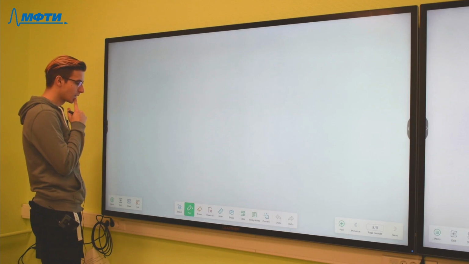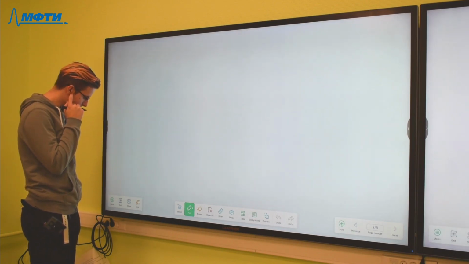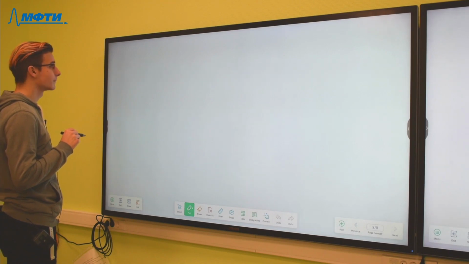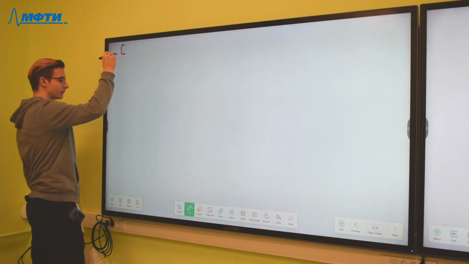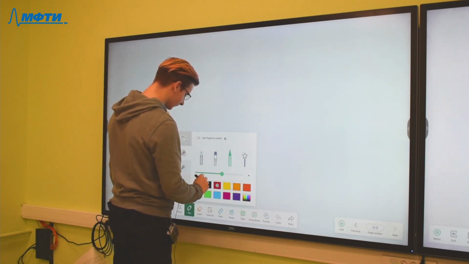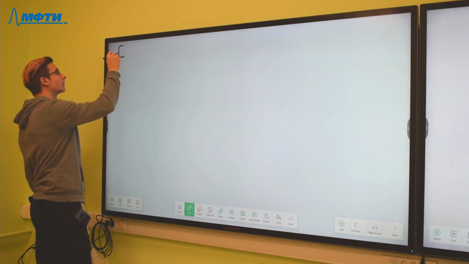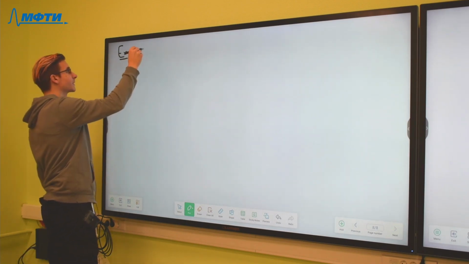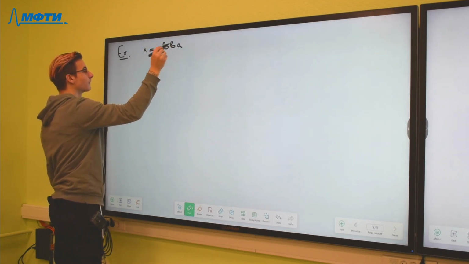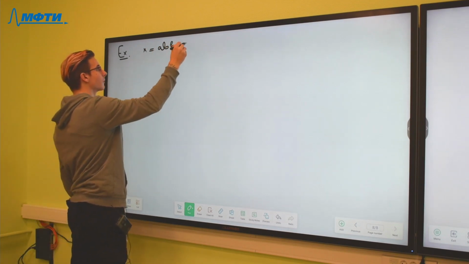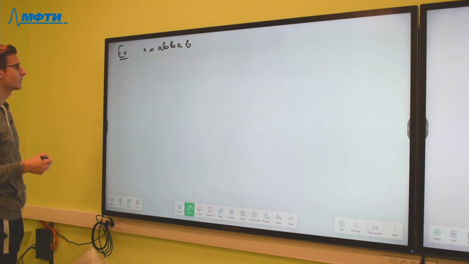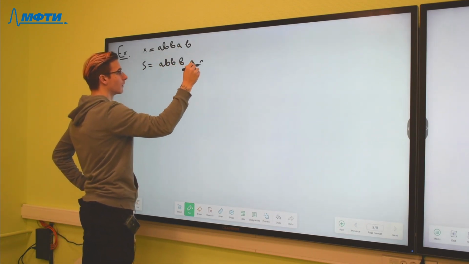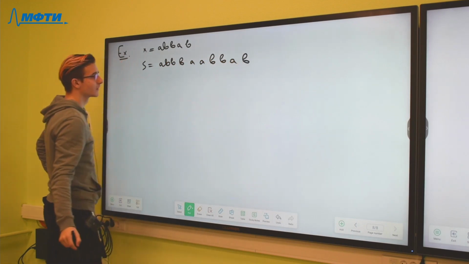Firstly, if we have, for example, x equal to this line of characters and s equal to this line,